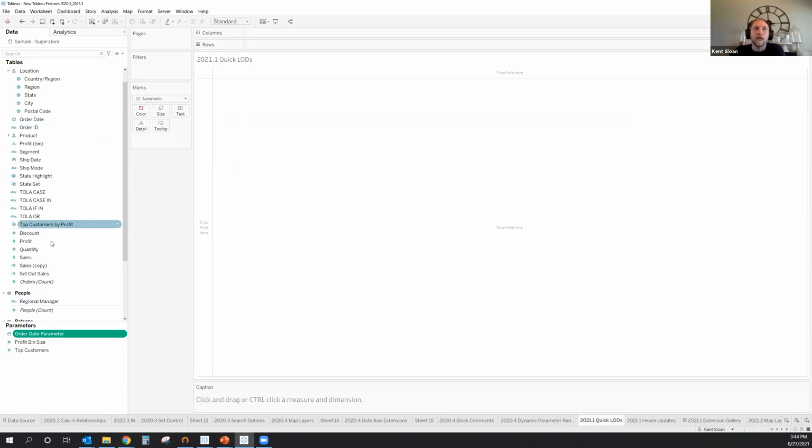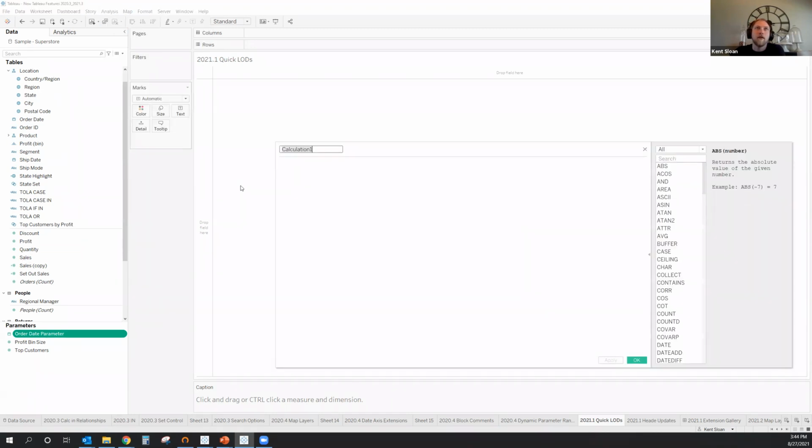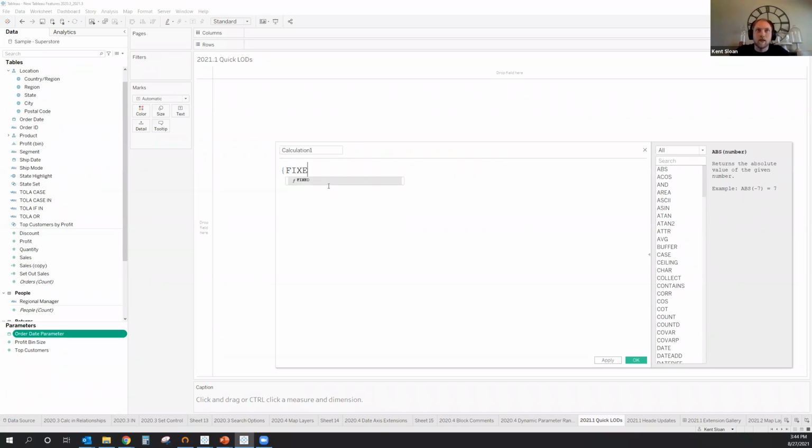On our quick LODs, so the kind of a common LOD calculation that we would create is often fixed on some metric or fixed on some dimension and then aggregate some measure. So in the past, I might have done a fixed LOD by doing something like coming in here and say fixed on, we'll say region, sum of sales. And that's my example LOD that I could sit here and write out.